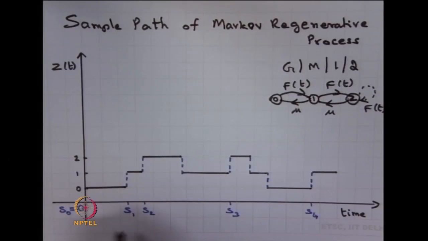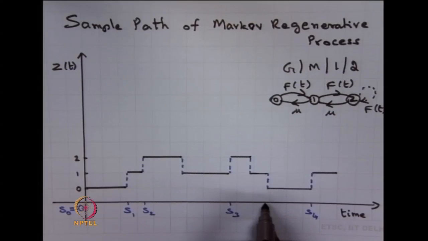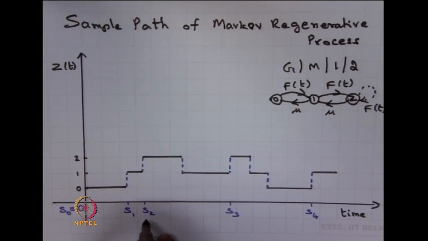Note the time points S1, S2, S3, S4. These are all the time points at which an arrival occurs. That is nothing but the arrival epochs. Whereas this is a time point at which the service completes. This is a time point at which the service completes. This is a time point at which the service completes. We are not noting down the service completion time points, whereas we are noting down the arrival time epochs, because